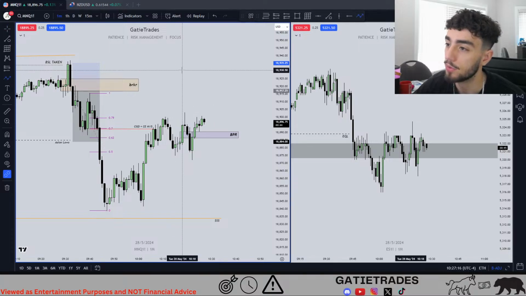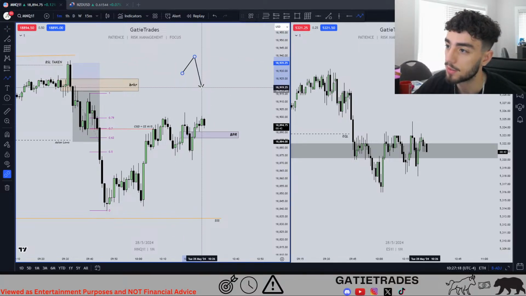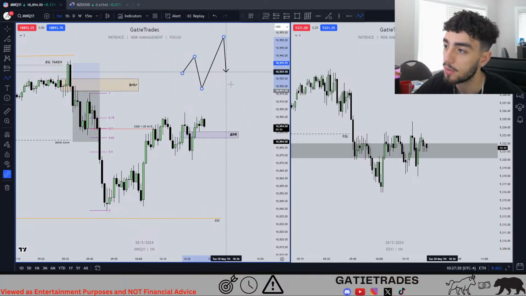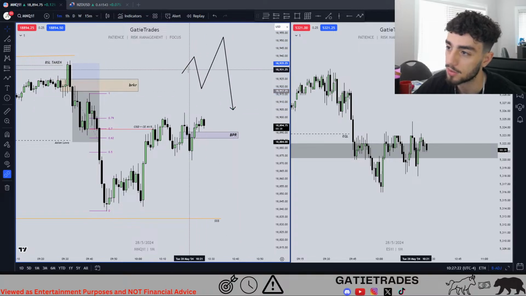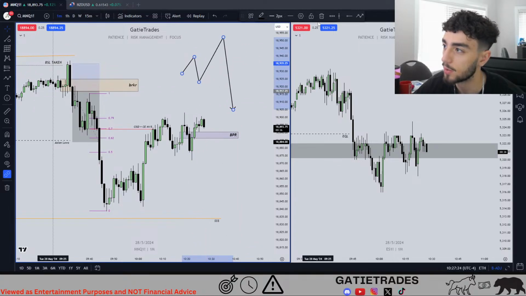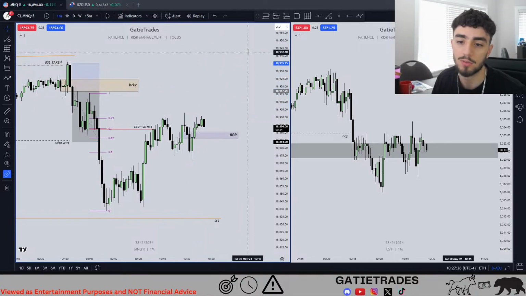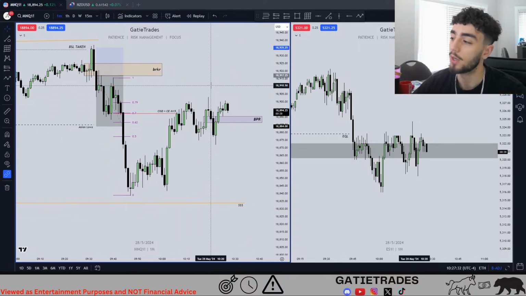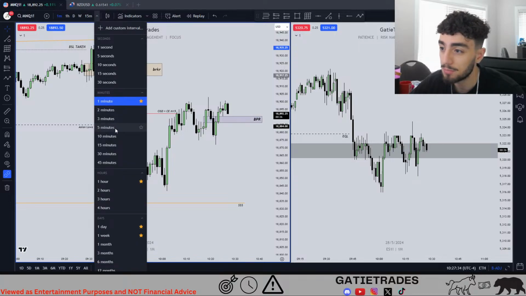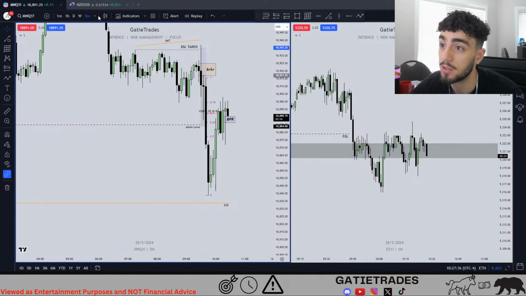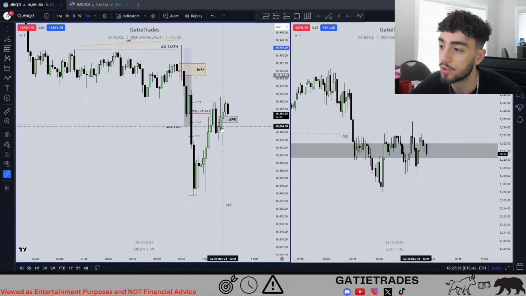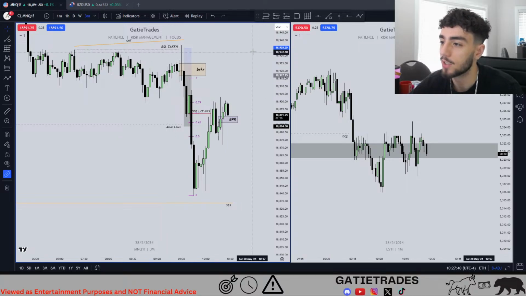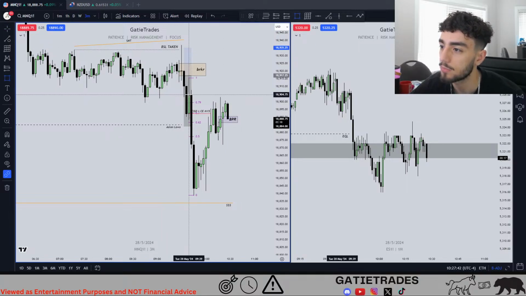A lot of the time, it would do this, and I'd be like, "Oh, market structure, fair value gap," but then I did this. This is a very extensive drawing, but you get what I'm saying. It'll sweep me out on the 1 minute time frame, and realistically, that 1 minute sweep stopping you out on the 5 minute could just be the 5 minute breaker forming, or the 3 minute breaker forming, or just a CISD or something like that.